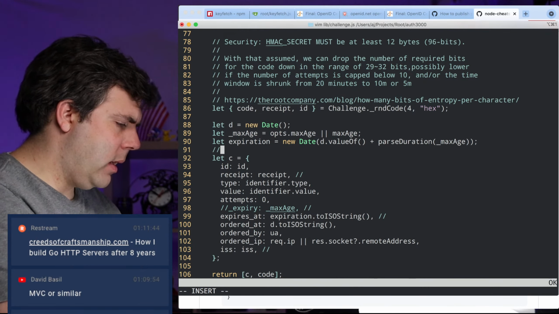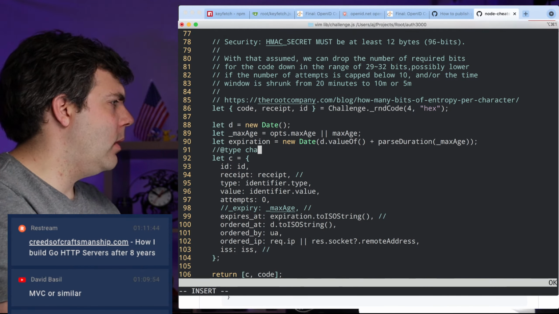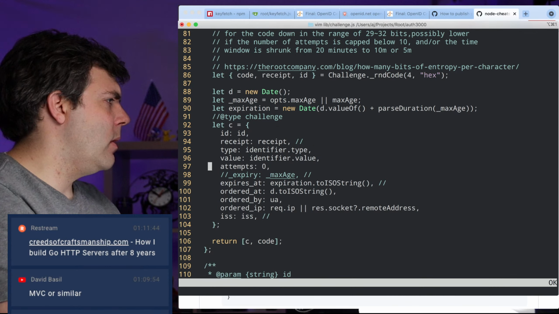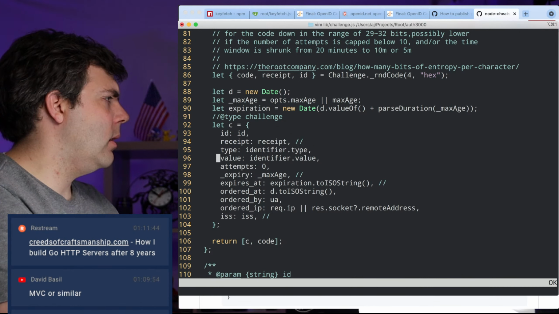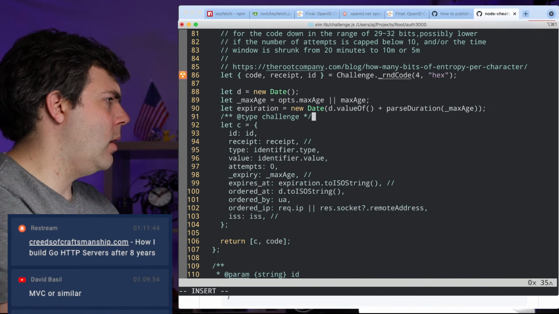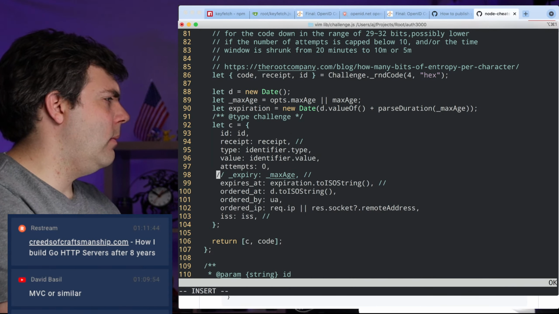Let's see. At type challenge. So what if I do put this? It should gripe at me, right? Why is it not griping at me? There we go. Now it's griping at me. That's what I expect. Good to know.